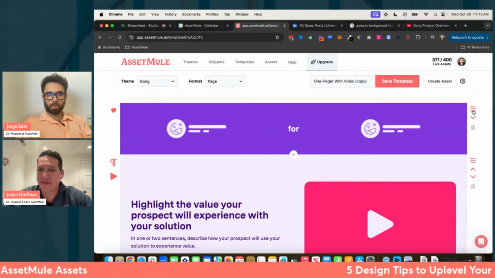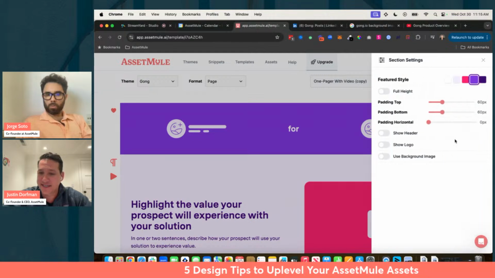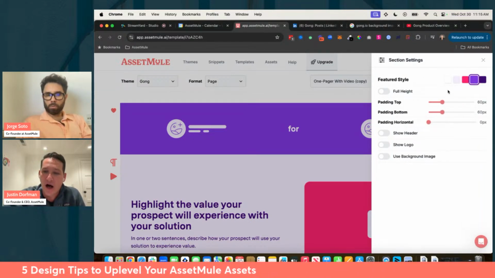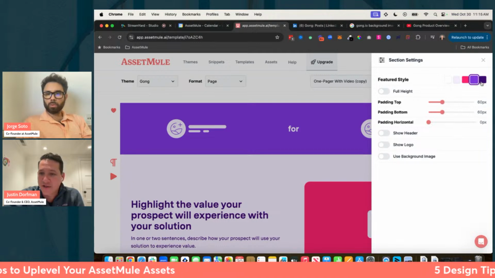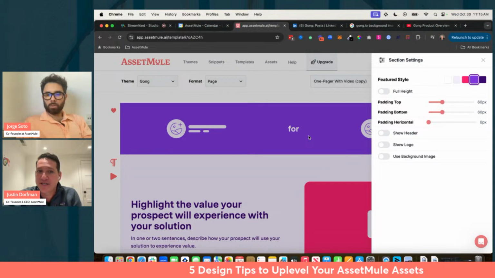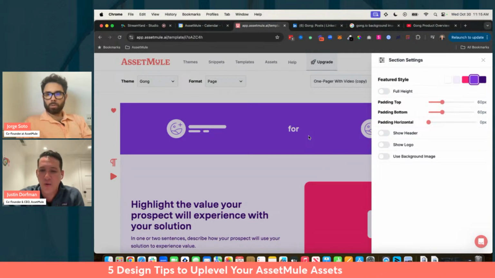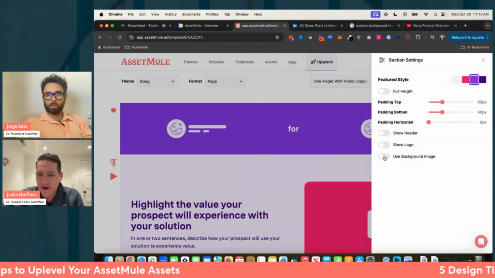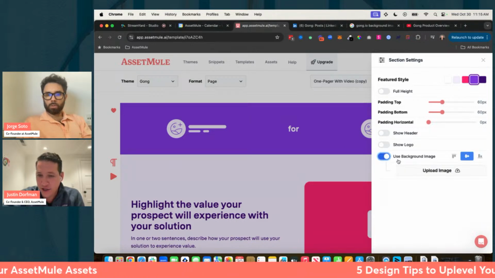And actually, the third tip that I have here today is in the section settings, and that's the ability to add background images. So beyond these styles that you can pull into sections, we also have the ability to upload and apply background images that can go a really, really long way in upleveling your design. And all you have to do here is click Use Background Image and then upload the background image that you